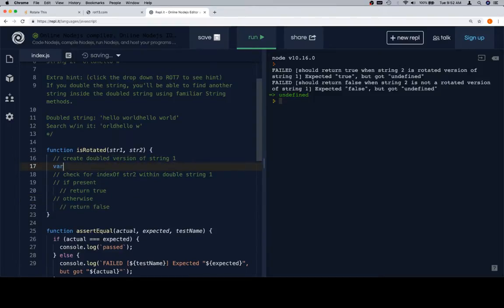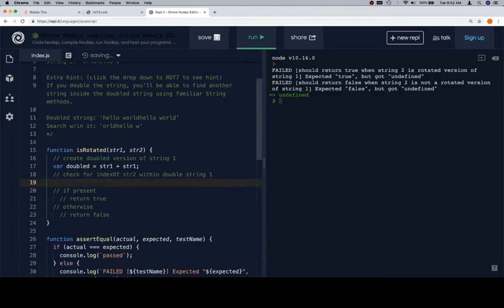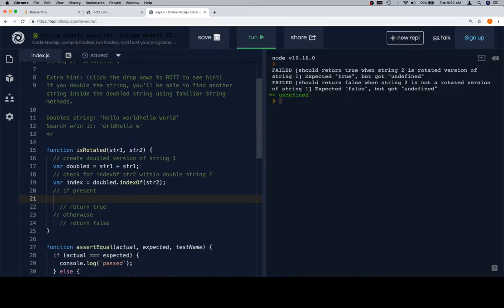So we'll say variable doubled is equal to string 1 plus string 2, or sorry, string 1 plus string 1. Check for the index of, so we'll say variable index is equal to doubled dot index of string 2. And one of the things you may or may not be familiar with is that if you ask for the index of something and you get -1, that means it's not there. If you get anything other than -1, it means that was the index where it was found within the string. So what we'll do is take quick advantage of that. We'll say if index is not equal to -1,